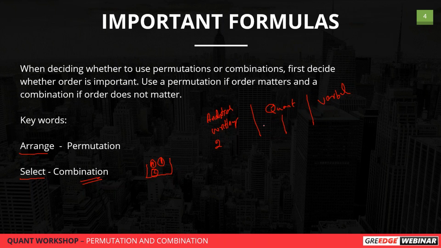And quant will have two sections. In the first section you will have 20 questions, and in the second section you will have 20 questions. The time duration is 35 minutes for each section. Verbal is similar: 20 questions in the first section and 20 in the second section, and the time duration is 30 minutes. So this is the pattern of the GRE. And there will be one more section, which may be either quant or verbal. You will get 20 questions. This is called the experimental section or unscored section, so this score won't be considered in the actual calculation.